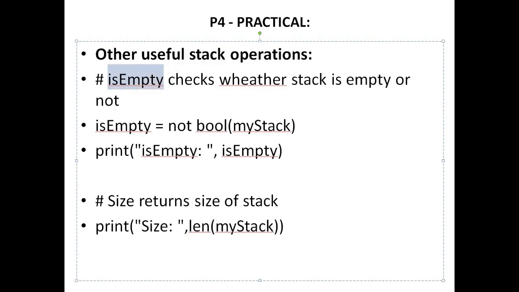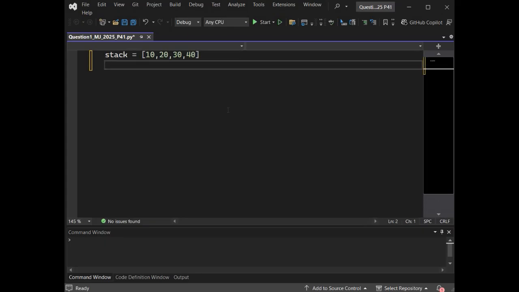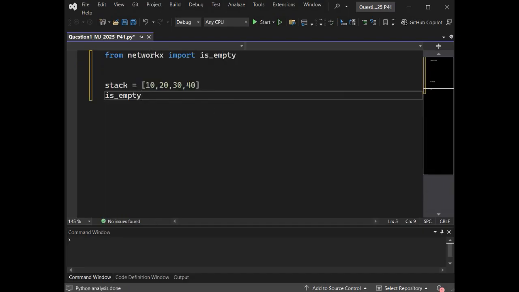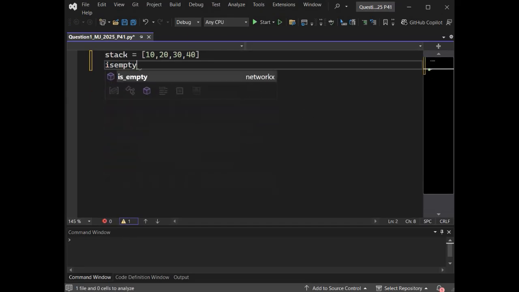You can use a simple isEmpty variable and a bool function in order to check whether a stack is empty or not. For example, if I make a stack equal to, let's say, 10, 20, 30, 40, and then make an isEmpty variable equal to, I can just write it like this, not bool and then stack.